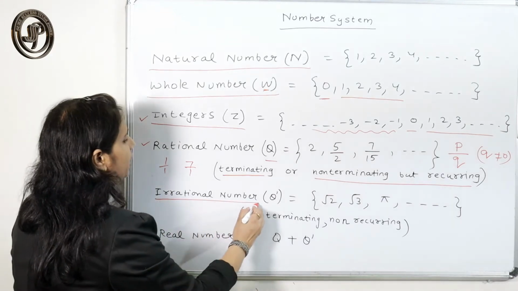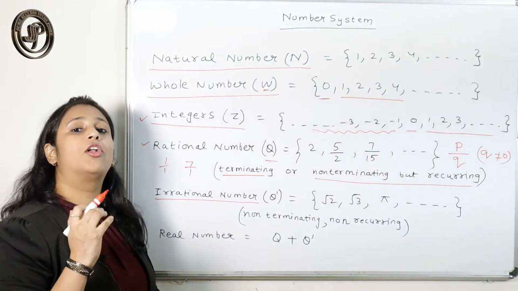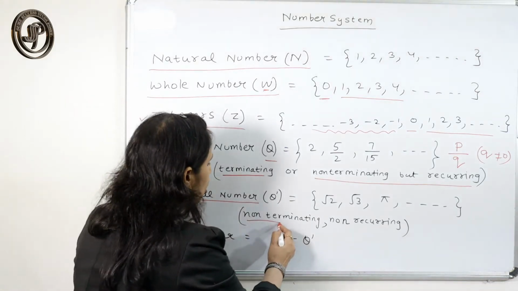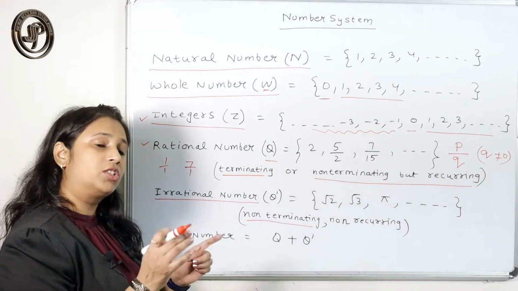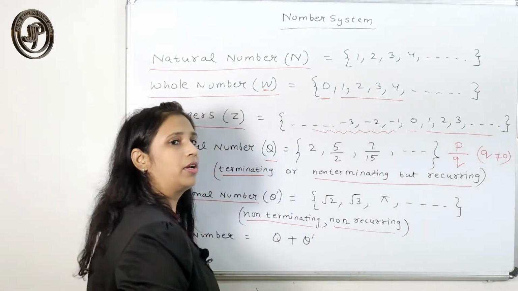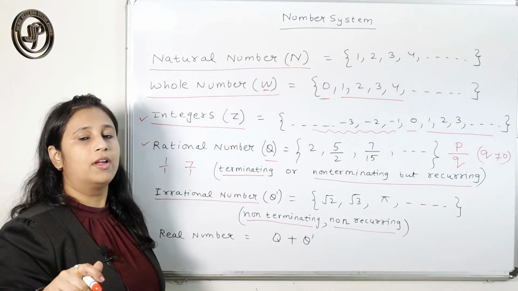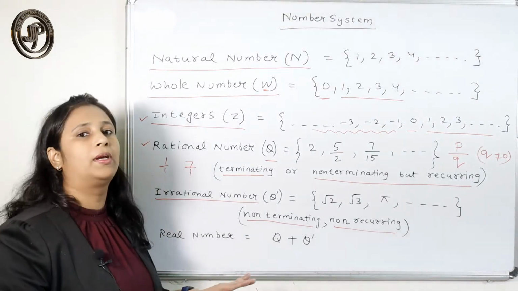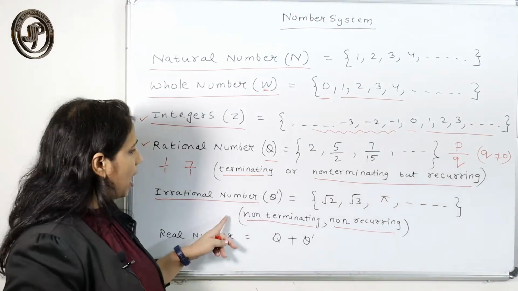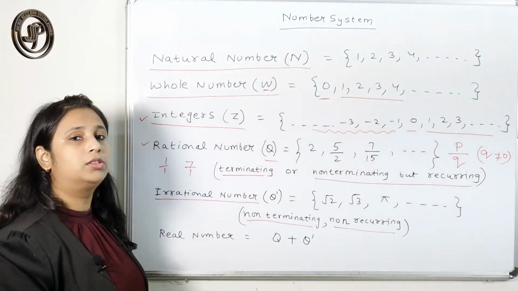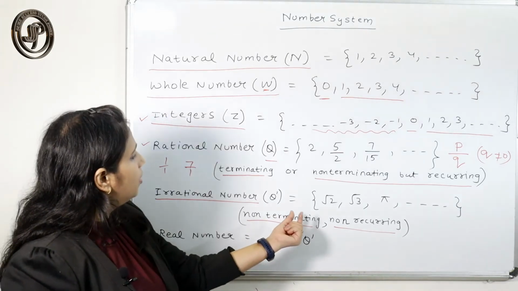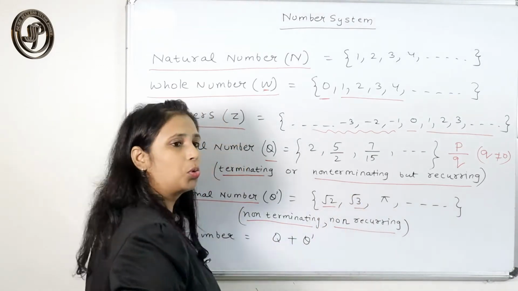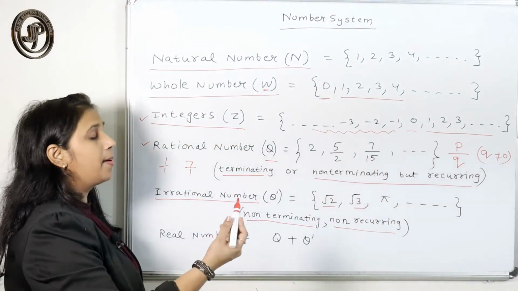Next comes your irrational number: the number which cannot be expressed in the form of P by Q, or the number which is non-terminating and non-recurring. That is, it is not repeating itself. It does not terminate, and it also does not repeat itself. I'll show you the examples also. Here, root 2, root 3, I'll explain the meaning of root 2 and root 3, and pi